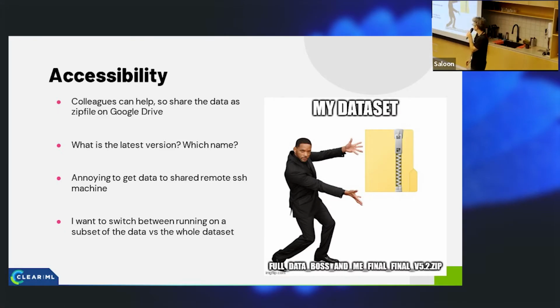Accessibility, yes. So this is important. The idea is that delegation is what we need. We want our minions to run our code. And so for our minions to run our code, we need to make sure that they have access to the data that our code is actually training with. And in order to do that, we somehow need to make sure that they have actual access to the data.